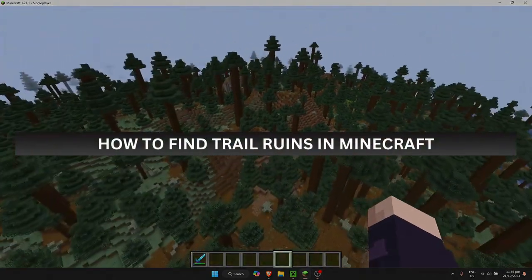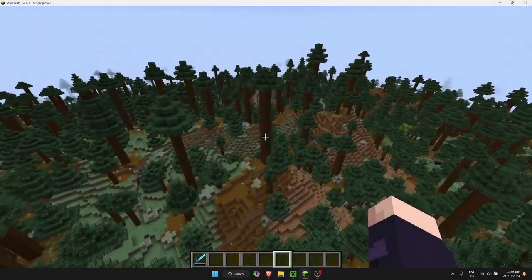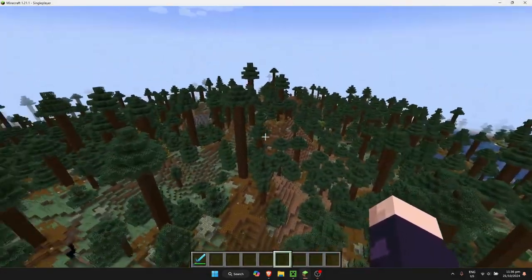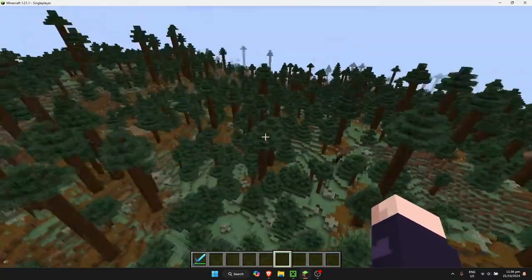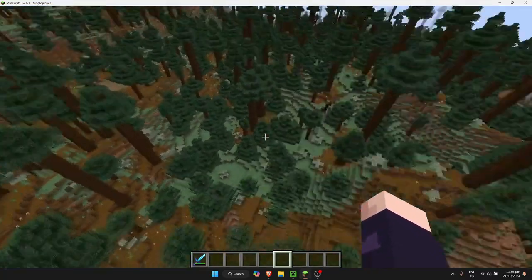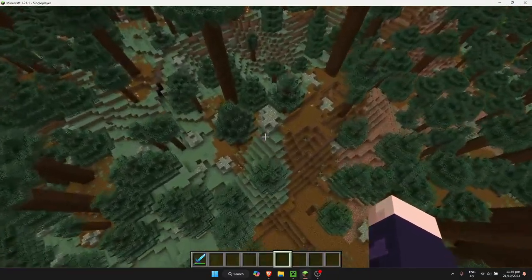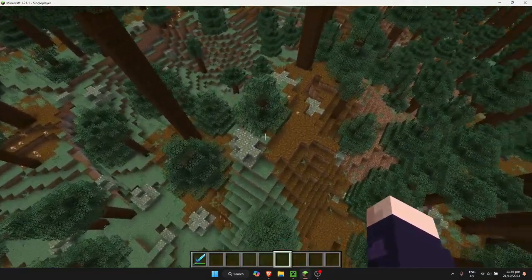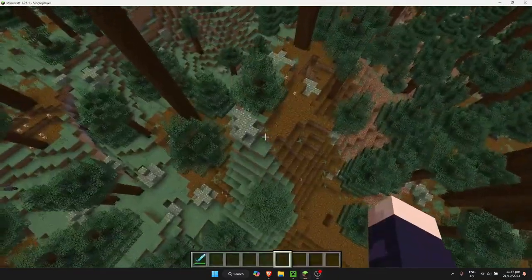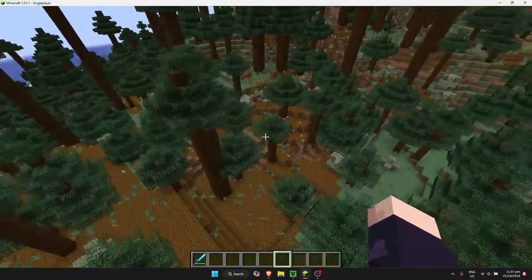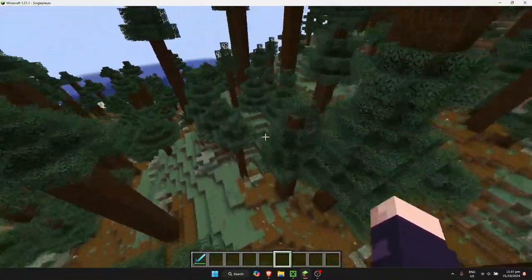How to find trail ruins in Minecraft. So you just need to go to forested biomes like this one, or taigas and stuff, or the jungle, and you will need to find blocks that are not commonly found in those biomes. So I'm just gonna search for some blocks right here,